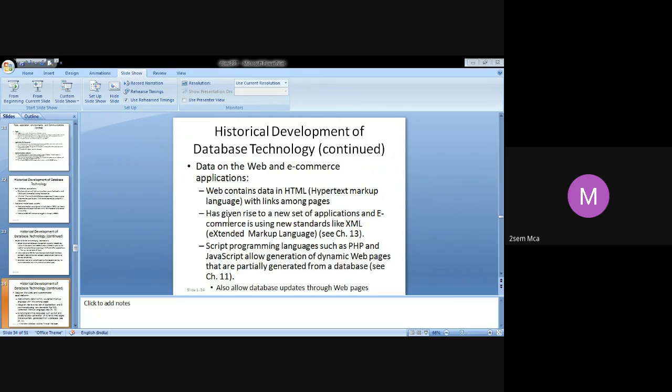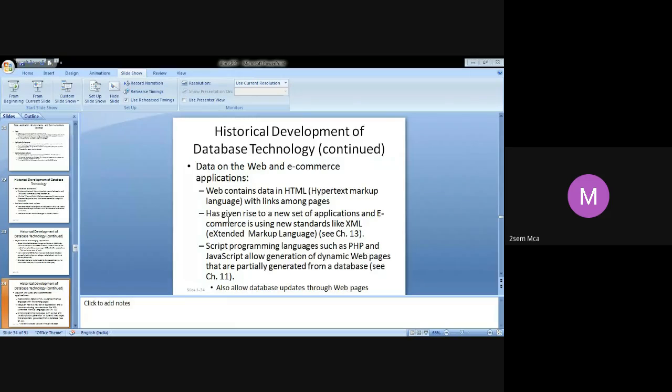Next, after object-oriented databases came web applications for e-commerce. That was a big boom. Web applications provided a large network of interconnected computers. Users could create documents using a web language such as HTML, and then store these documents on web servers where other users or clients can also access them. You could also link all the documents using hyperlinks. These kinds of improvements were brought in. E-commerce emerged as a major application on the web. A variety of techniques were developed to allow interchange of data.